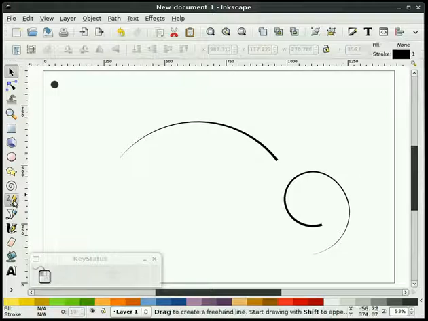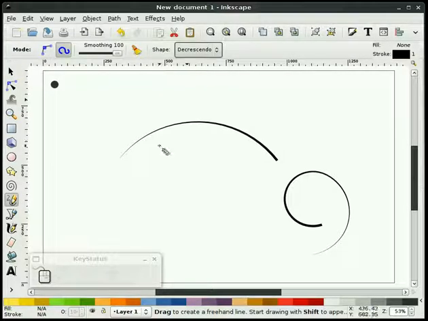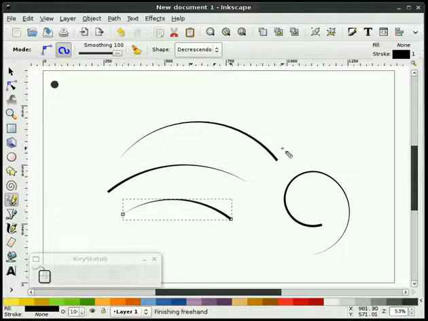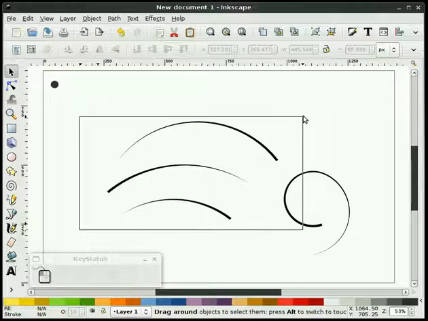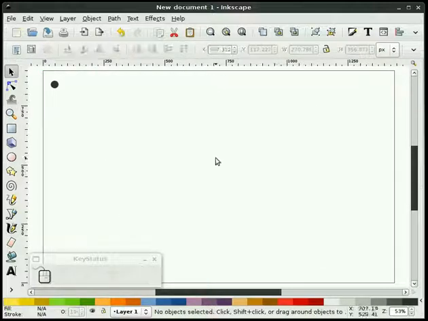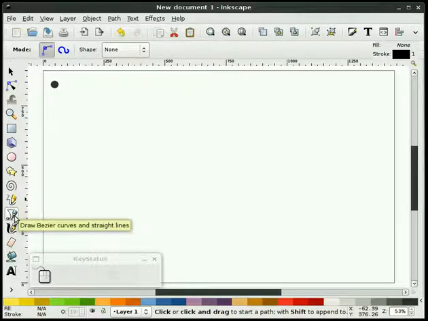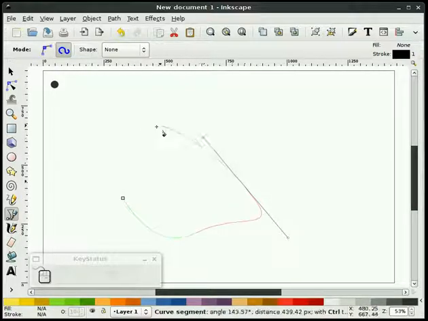Okay? And here we have the opposite effect. So if I start off on this side, it's thick that side. So depending on what you want to do there. Okay? So now these options, let me go back and we'll do none here. Okay, now I just want to explain that the options in the pencil tool are pretty much the same as the options in the Bezier tool, except that we don't have a slider for smoothness. Okay, so if you're drawing with a Bezier path and you want to do Spiro, then just like you were accustomed to,